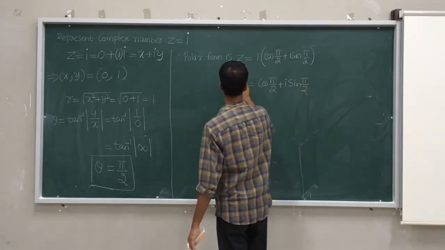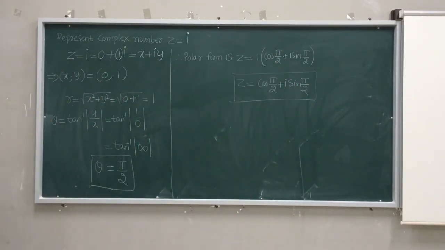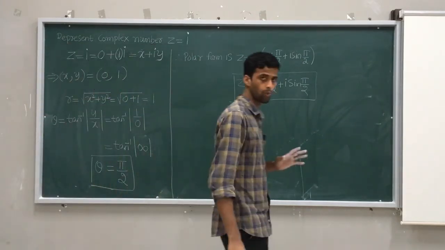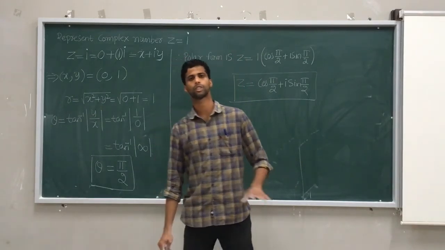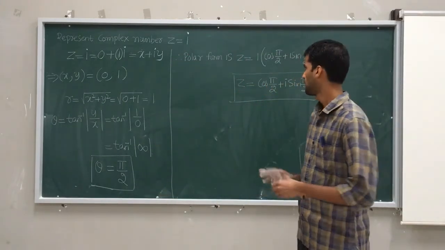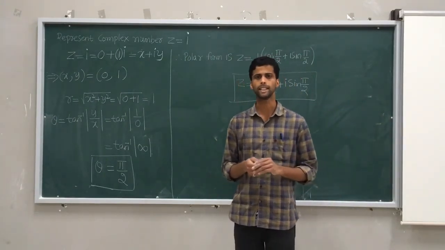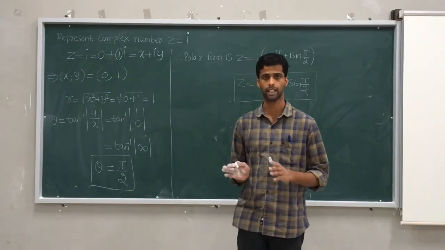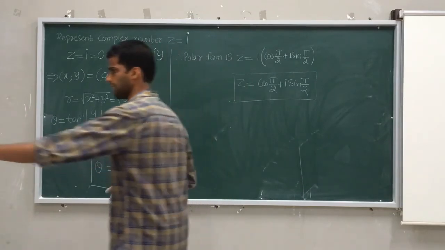Therefore, for a complex number of the form i, its polar form is given by cos pi by 2 plus i sin pi by 2, where the r value is hidden here, and that r value is 1. Okay, so this is the way we can solve n number of questions in polar form. This is a very interesting part which is removed from your theory part, but please don't leave it out while studying complex numbers, because it will help you in your studies.